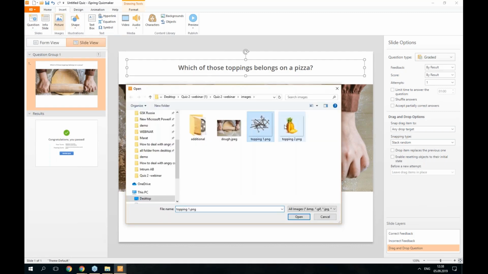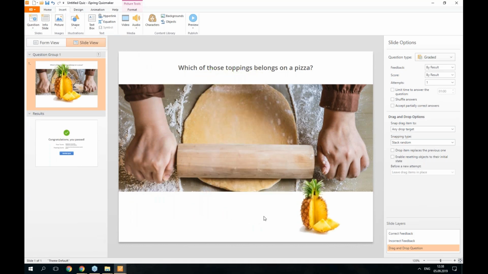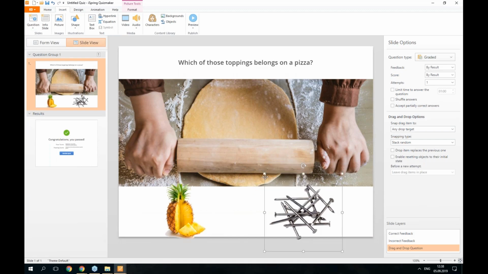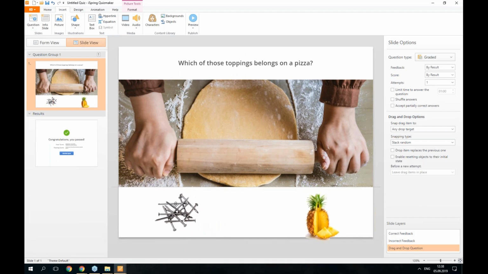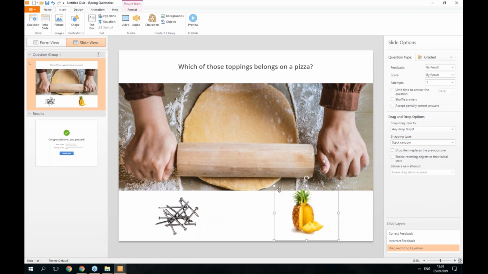I'm gonna go to picture and select my images that I prepared for toppings. I'm gonna resize them, and the first possible topping will be iron nails, and the second one will be pineapple. So after we added our graphics, it's time to make the matching step. We go to form view,